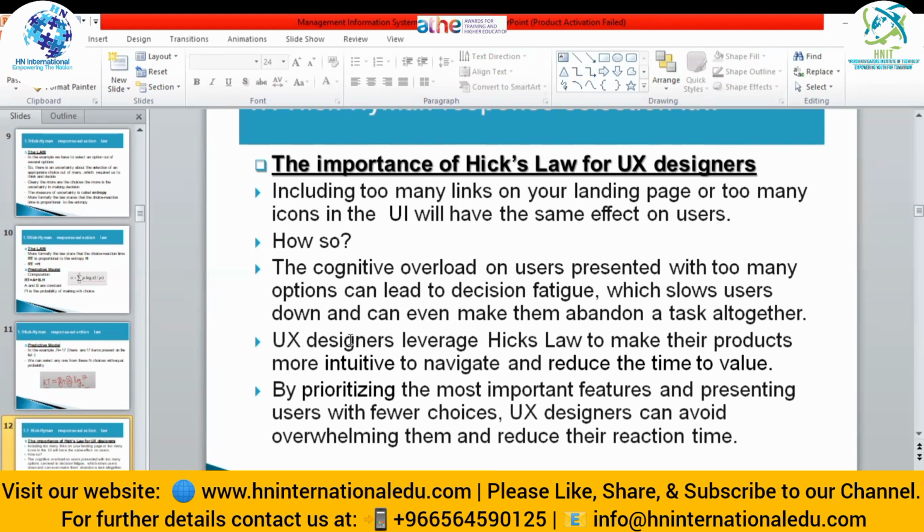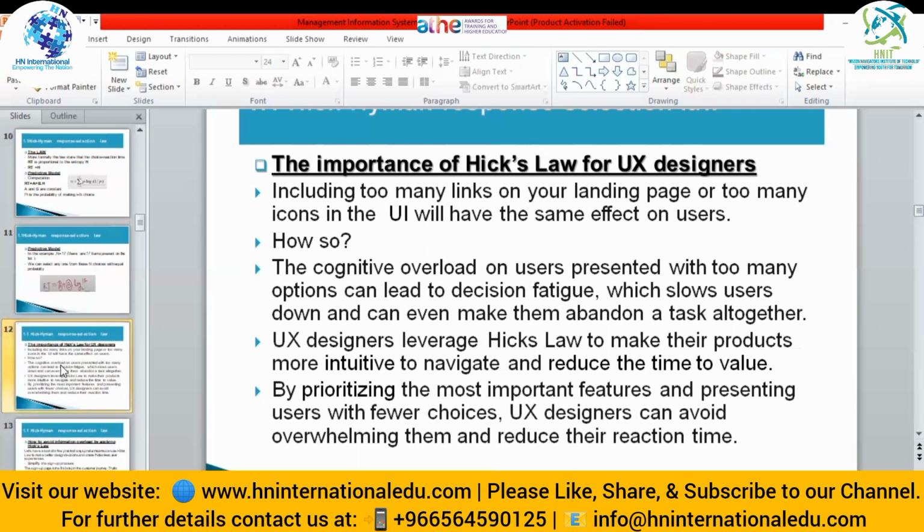They will just provide you some important features and present a beautiful interface so that it will reduce your reaction time. Means if they provide only 3 to 4 options in a list, you can make a choice in no time. You will take no time in making decisions. So it is a good technique used by designers or an HCI expert to make your design better